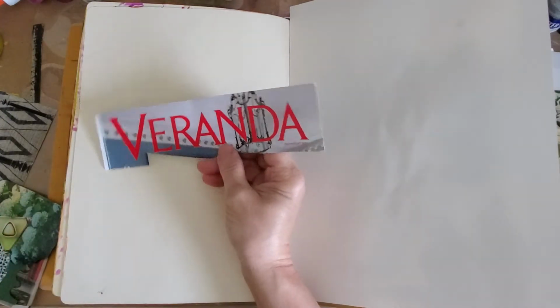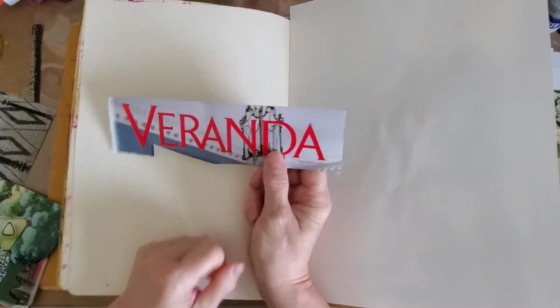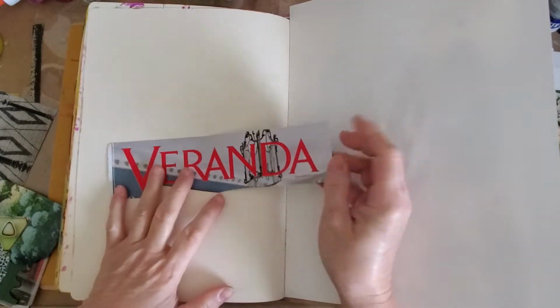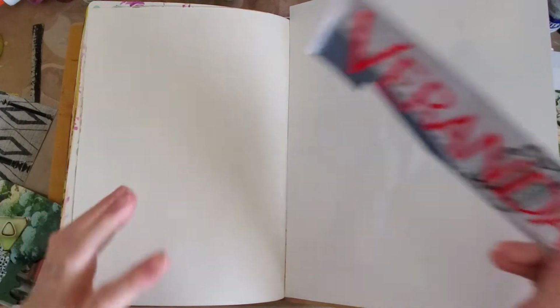Today I was going through my Veranda magazine and pulling images out. I've really been into painting here lately, and just want to get out of that funk where you just can't think anymore. So